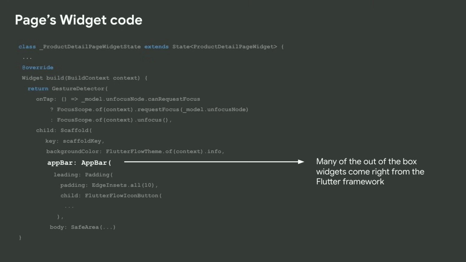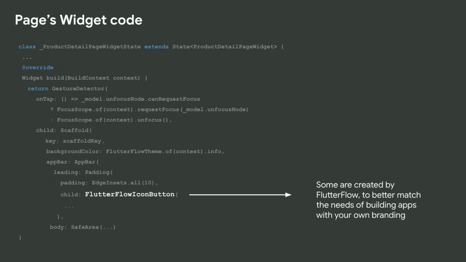So aside from that, we of course have our scaffold, and then we have all the widgets that we've added to our widget tree. And most of these widgets are going to be just things that are built into the Flutter platform itself. So for example, app bar is just the app bar widget from the material library. But you'll also notice some of these FlutterFlow or FF custom classes that we've included in the generated code. And again, we've done this to try to take care of the stuff that we think you're going to want to do, but is sometimes annoying to do in code, or maybe not built directly into the Flutter framework.